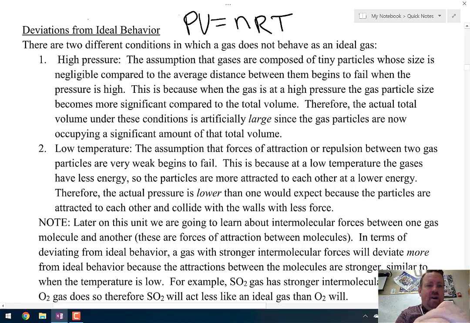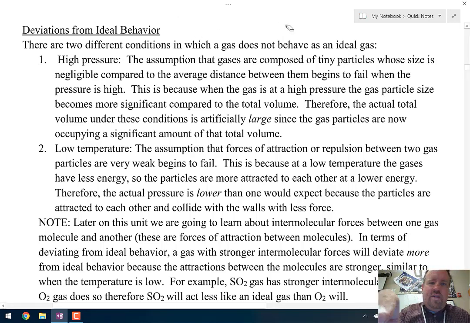So very commonly on the AP test, they'll ask you probably a multiple choice type question, where they say, which of the following gases most likely deviates from ideal behavior? Or under what conditions would a gas not behave as an ideal gas? Things like that. So remember the two things that we talked about with the kinetic molecular theory: